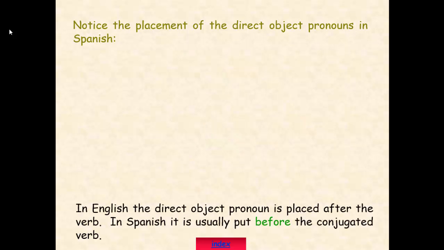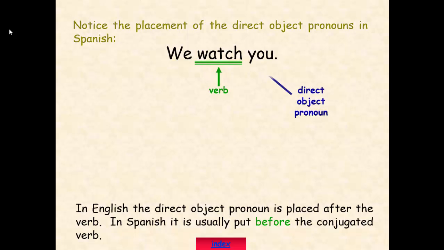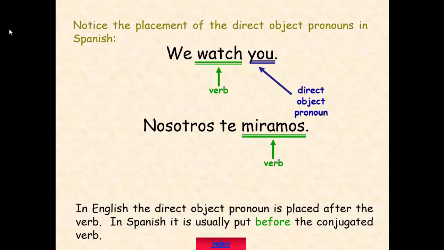Okay, here we go again. We watch you. The verb is watch. You is the direct object. In Spanish, the sentence would be nosotros te miramos. Okay, here's our verb, miramos. Direct object pronoun is te. It goes before the conjugated verb. Notice that it says usually put before the conjugated verb. There are certain circumstances in which you would put it somewhere else, but for now we're just going to worry